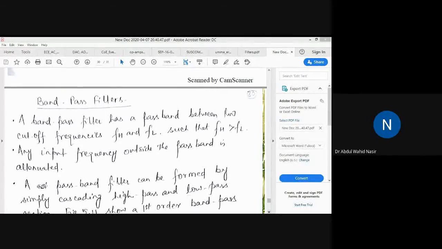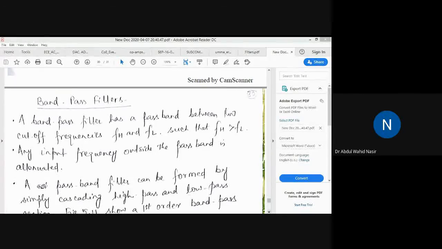Rohit Kumar is asking whether a 1 kilohertz cutoff is on the low end. Yes, it is there. Whatever requirement is there, you can have. As an example, I have taken 1 kilohertz. First of all, let me tell everyone what Rohit Kumar has asked: that 1 kilohertz of frequency for a high pass filter is on the low end. Yes, it is on the low end because I have taken this case as an example.